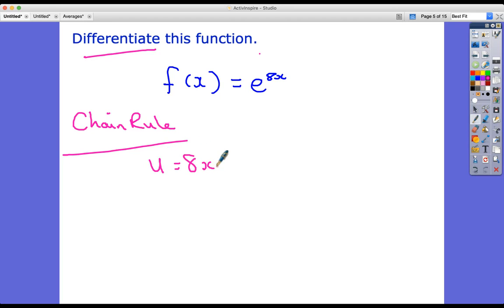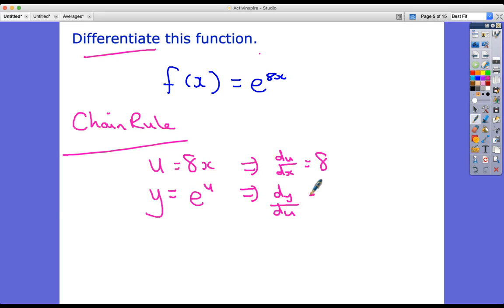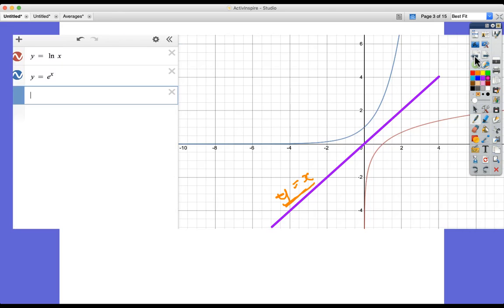Okay, and we identify the function within the function. In this case, it's 8x. And if we write y instead of f of x, in terms of u, then it's e to the power u, where u is 8x. So we deconstruct the composite function, and from here, we can differentiate. So we get du by dx, which equals 8. And we get dy by du, which in this case equals e to the u,